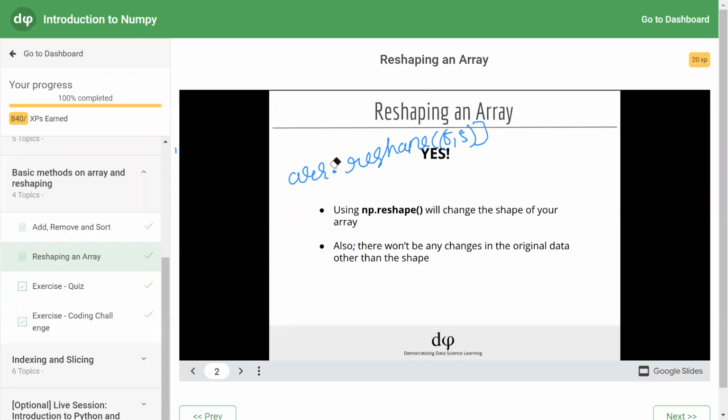So by using both syntaxes, you can reshape an original NumPy array into a different shape NumPy array. The number of elements in the NumPy array will remain the same. Using np.reshape will change the shape of your array, and there won't be any changes in the original data other than the shape.